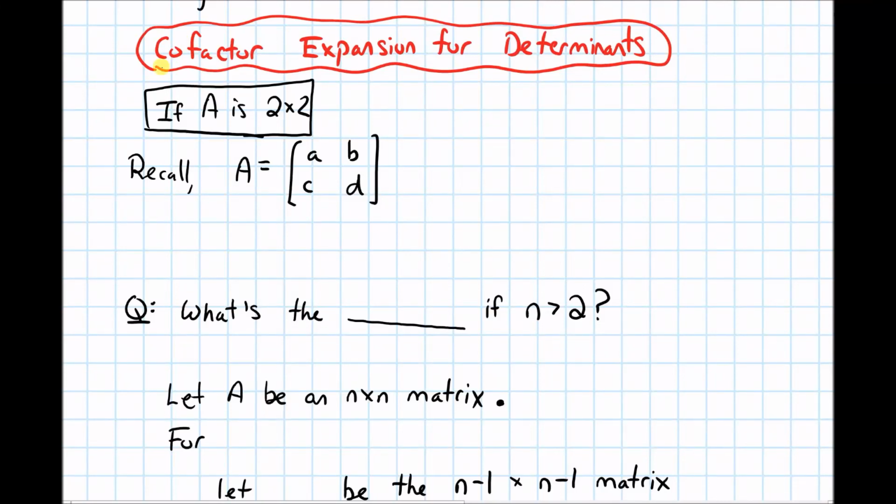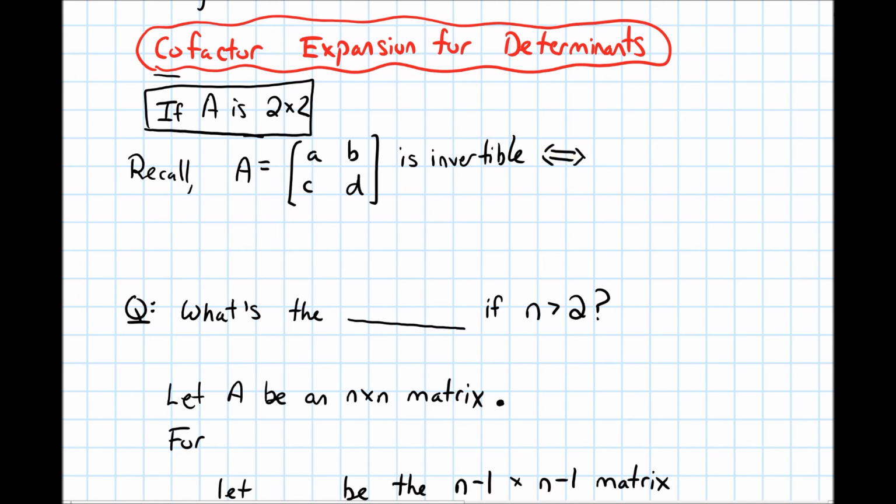In this video, we're going to talk about the cofactor expansion for determinants. So when a matrix A is 2 by 2, let's recall back in chapter 2 when we first introduced the determinant: if I have a matrix A with entries a, b, c, and d, this matrix is invertible if and only if